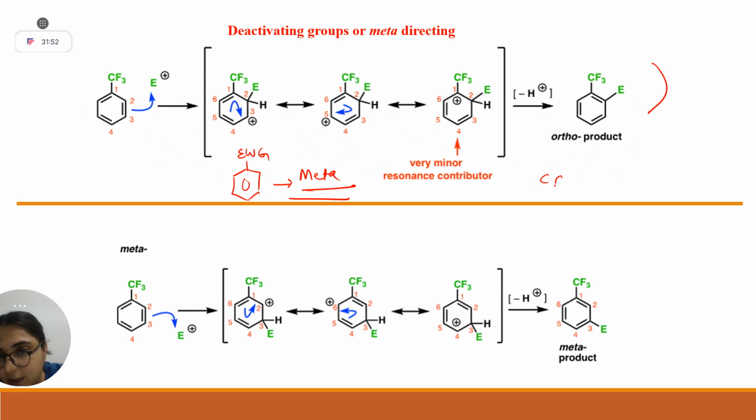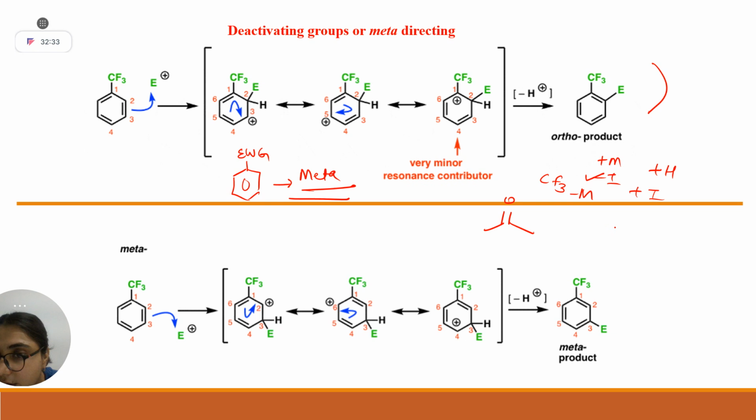Before that, tell me CF3 is which directing group? Options are plus M, minus M, minus I, plus I or hyperconjugation. Now tell me. Minus I, students. Minus I. Why is this not minus M? Can anyone tell me? For example, this is your minus M. Because it can't pull its electron density from benzene via mesomeric effect.